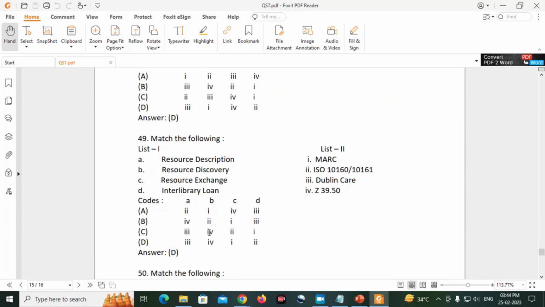Next, number 49. Resource description. List 1, list 2 match. List 1: resource discovery. List 2: ISO 10160 and 10161. C: resource exchange and 3: Dublin Core. And list 1: interlibrary loan. List 2: